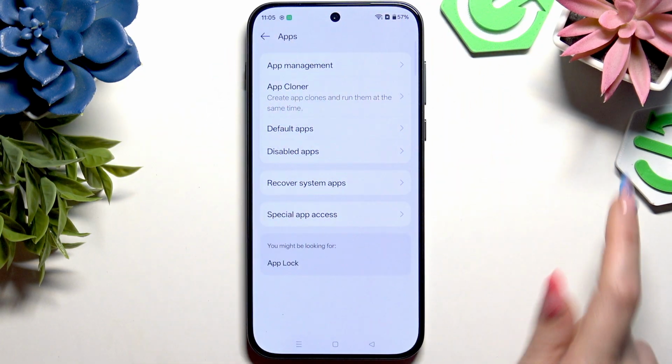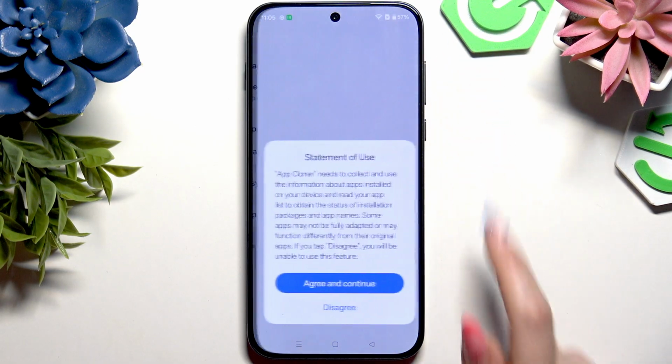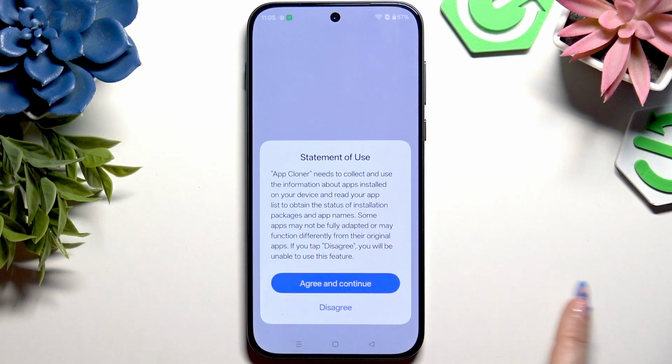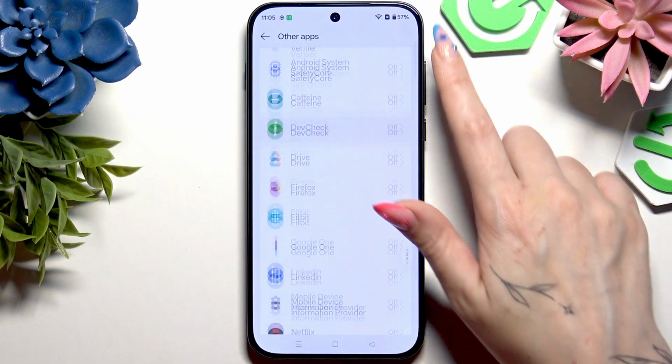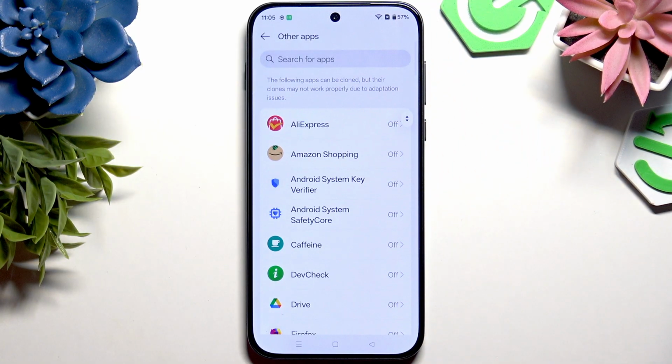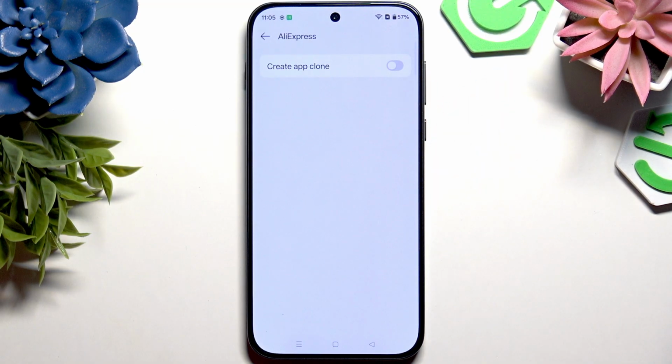Now select App Cloner available under App Management, and to clone any app, hit Agree and Continue. Then you can click on one of those recommended ones, or select other apps to clone any of those. Whatever you decided, after tapping on the one you wanna clone, use gray switcher next to Create App Clone to